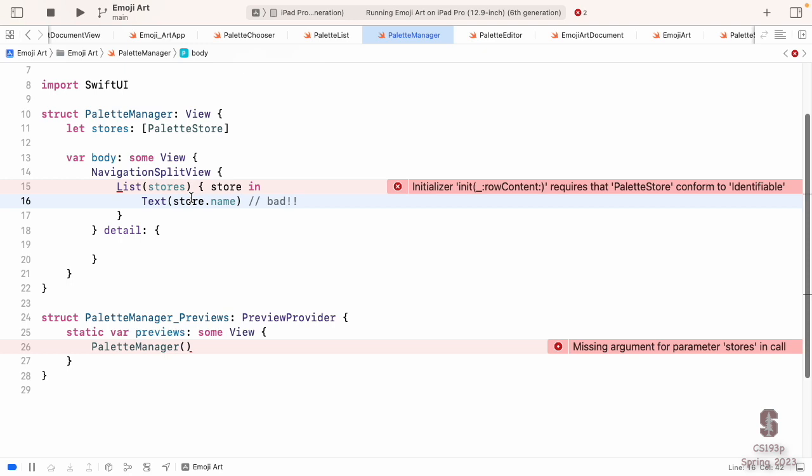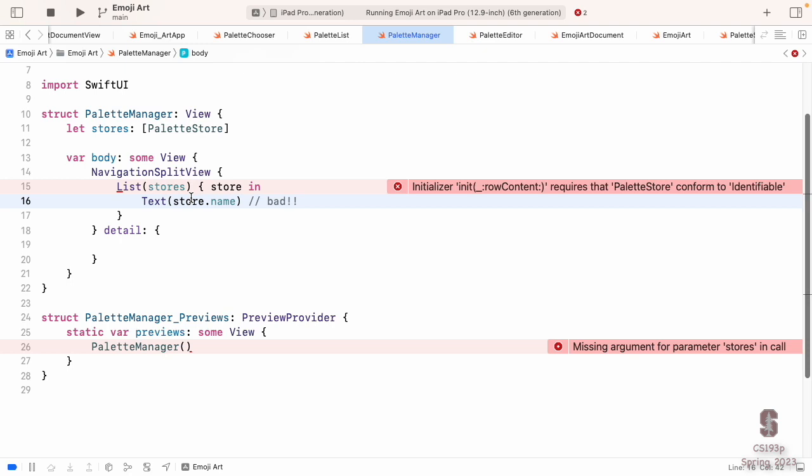If we don't, then we won't get the @observed object behavior, which is that when one of our @observed objects' published vars change, our view might have to redraw itself. Of course, it's not really a problem here because the palette store's name is not even @published, and in fact, it's a constant let. But it's still bad form to access an observable object's vars from a var that is not marked @observed object.